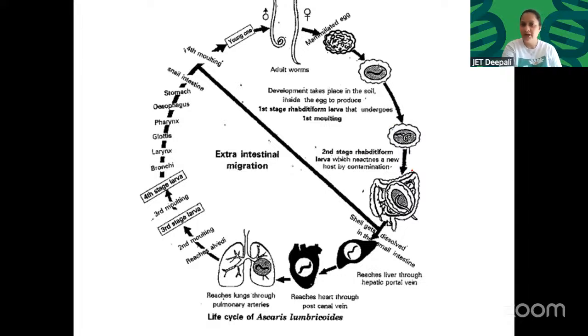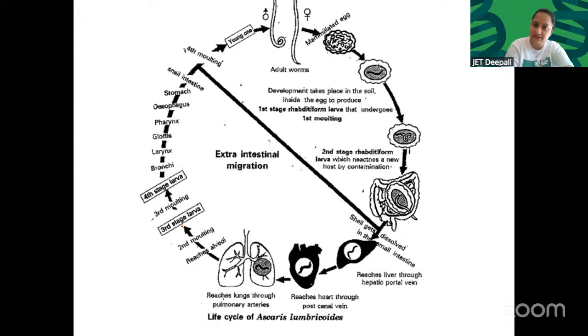Now, second stage, rhabdiform larva with neatness, a new host by contamination. Okay, it goes into a new host. The shell gets dissolved in the small intestine, reaches the heart through the postcaval vein, reaches the lungs through the pulmonary arteries, then reaches the alveoli,